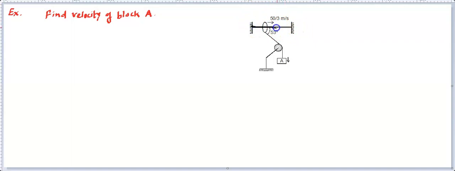This is some rod or linear platform on which this ring is moving. So there's a ring. This ring has been connected with a string, and that string passes over this pulley and comes to this block A, and that is connecting this block A. This is what the arrangement is. And the rest of the portion is a fixed arrangement, supporting the pulley, and this is another support. Okay. And the velocity of the ring has been given to us as 50 by 3 meter per second,